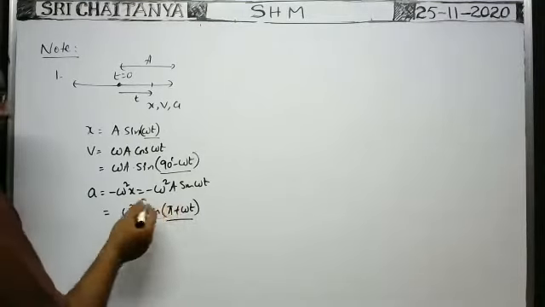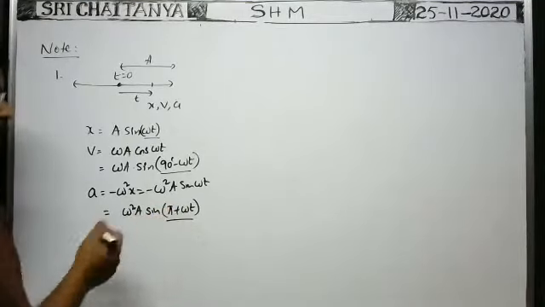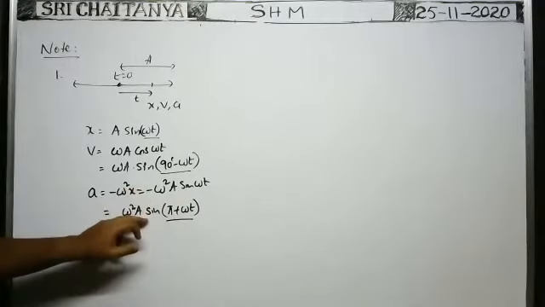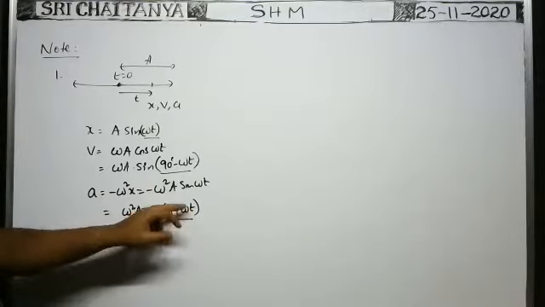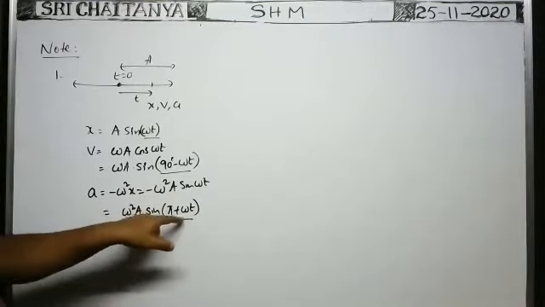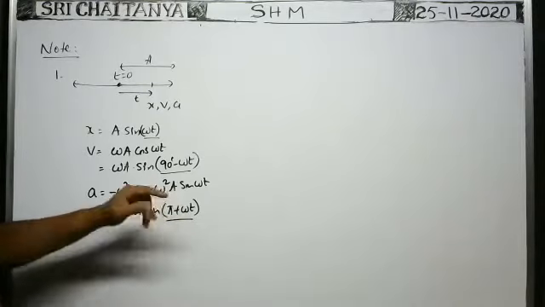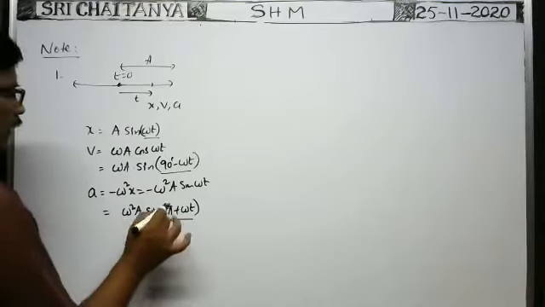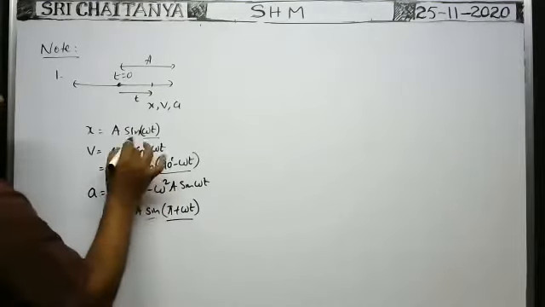Okay, that means if you write like this, there is no difference between this and this, because sine of pi plus omega t can be written as minus sine omega t. That's why if you write minus sine omega t, then you will get this one. So we just rearrange them. Now all are sine functions only, no? Here sine function, here sine function, here sine function.